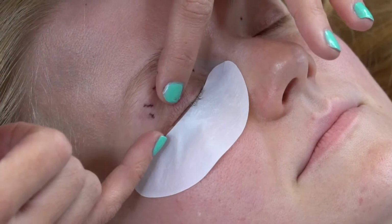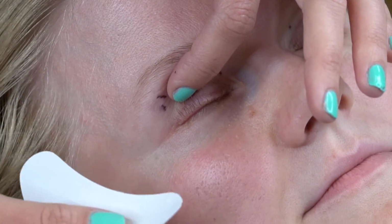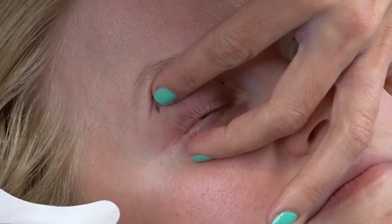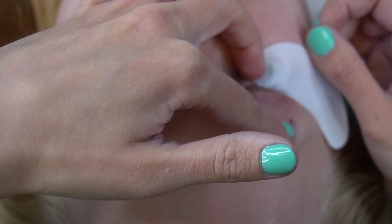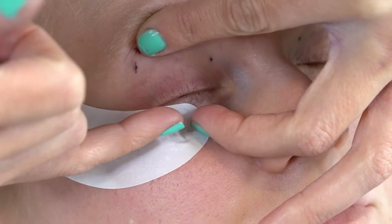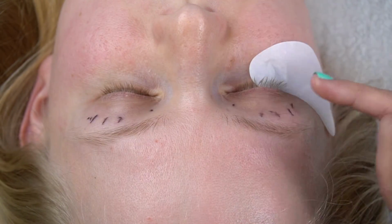So let's say we're working only on those outer corners. We're gonna take our pad, we're gonna lift just the outer corner, and we're only gonna work with the very top part of our pad. So I'm lifting, pulling, just covering. Again, you're not putting the pad in her eye, it's just going along the lash line. So you should never go into the waterline at all. It'll cause a gelatin, and that's what causes irritation to our clients. So you can see it's just covering those lashes there,